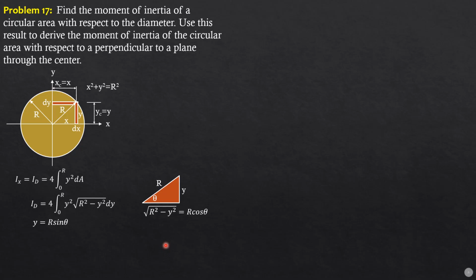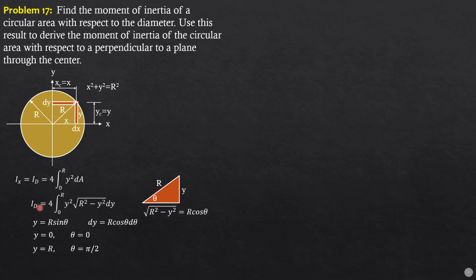For those who are already experienced, even if you do not draw that triangle, you can set up that. So dy is r cosine theta d theta, and we change limits because we change variables. When y is 0, lower limit, 0 over r is 0, so sine theta is 0, so theta is arc sine of 0, which is 0. When y is equal to r, r over r is 1, arc sine of 1 is pi over 2 radians. So limits would now be 0 to pi over 2.